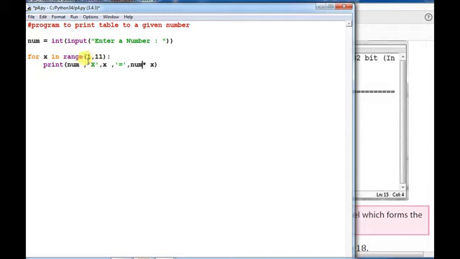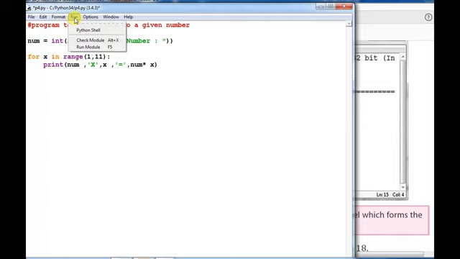The capital X, written in double or single quotation, will print as it is. The small x is the value of the for loop. In every iteration the list of range will be assigned into x. The very first time 1 will be assigned, next time 2, 3, 4 and so on. And the equal sign will print as it is, and then num multiplied by x.